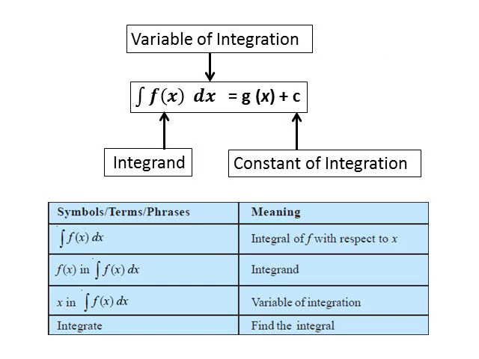Let's understand the symbols and their meaning in this way also. The left hand side of this result is pronounced as the integral of f(x) with respect to x. This is the symbol used for integration. Here f(x) is the integrand, x is the variable of integration, and c is the constant of integration. When we say integrate the function, it means find the integral of the given function.